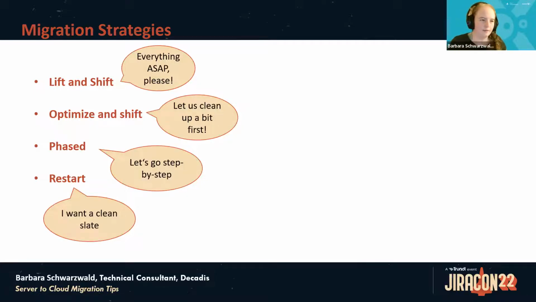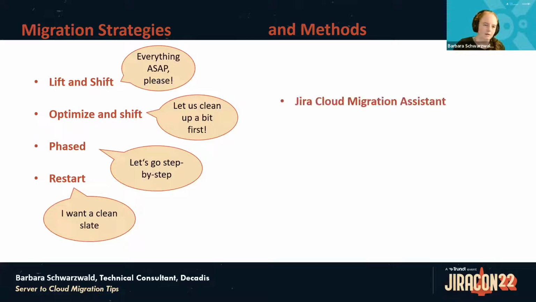And for all those strategies, of course, you have to do it some way. So there are different migration methods or tools to go about it, and I would group them generally into three ways. The first and probably most likely way you'll migrate is the free and easy way, the Jira Cloud Migration Assistant, or the Confluence Cloud Migration Assistant in the case of Confluence, which is a free tool